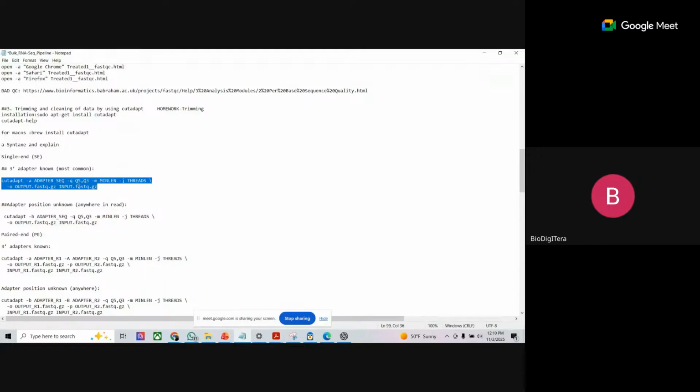Are you okay? You just type this. A means that we know exactly that it is at the beginning, the adapter. Here is the adapter. I told you that sometimes, since we have to fix the sequence adapter on the chip before sequencing, some part of the adapter we find in the sequence. And since we want to remove those adapters,